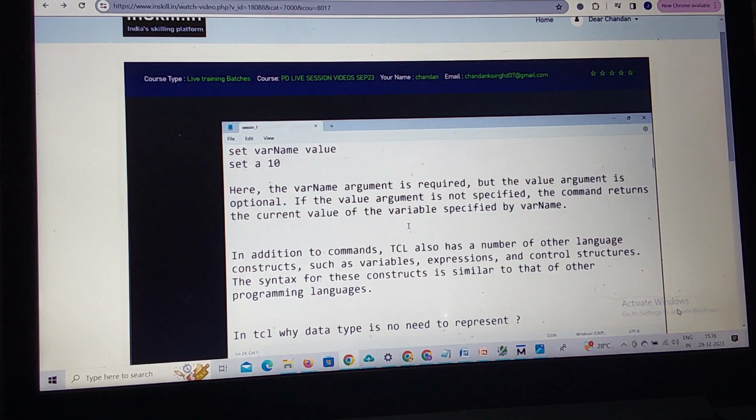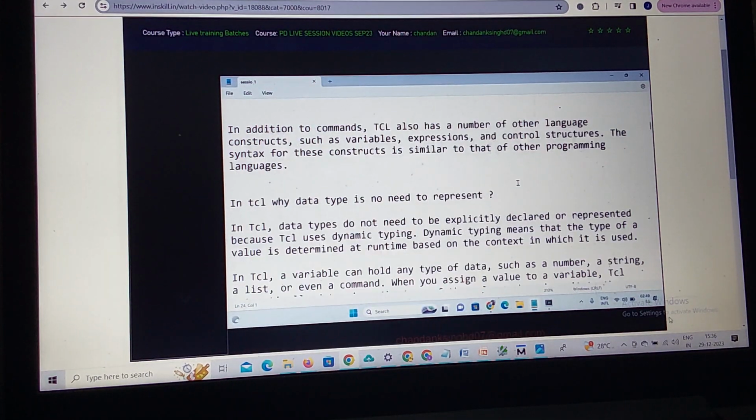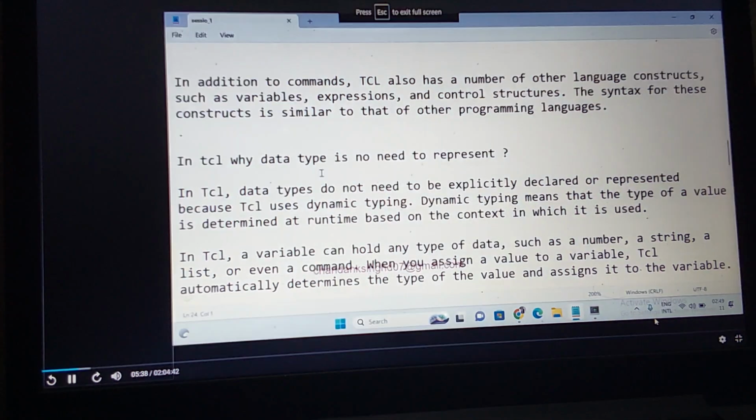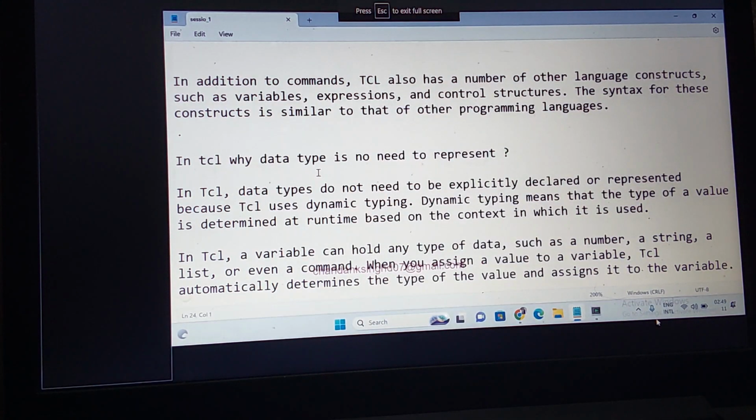Now today let us start with the data types in Tcl. How can data types be represented in Tcl? Then we'll work a few examples. As I said, in Tcl do we need to specify any data type, like a is an integer, or a character, or a float, or a string? Unlike other programming languages, in Tcl there is no need to represent data types. However, the interpreter will understand these are integer data types, these are float data types, and so on. How does it understand? It understands during the runtime itself.